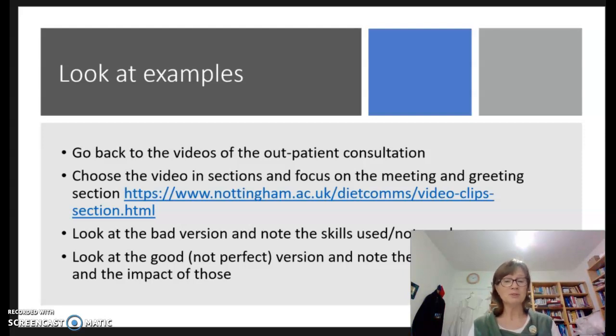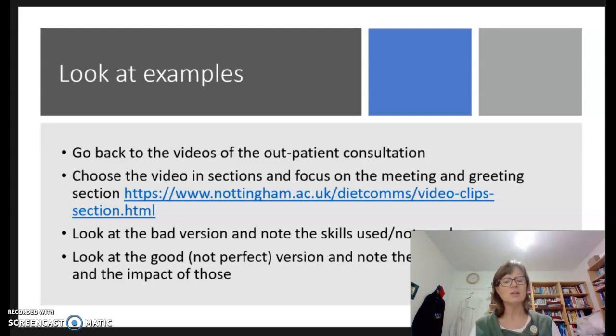But what I want you to be able to do is have a look and see, can I recognise when there's some verbal following there? Can I recognise the paraphrasing? Is there some reflection of feelings happening here? So hopefully when you have a look at the bad ones, you're not going to see much of that at all. But in the good one, hopefully you will see some examples of a much better way to meet and greet the patient,